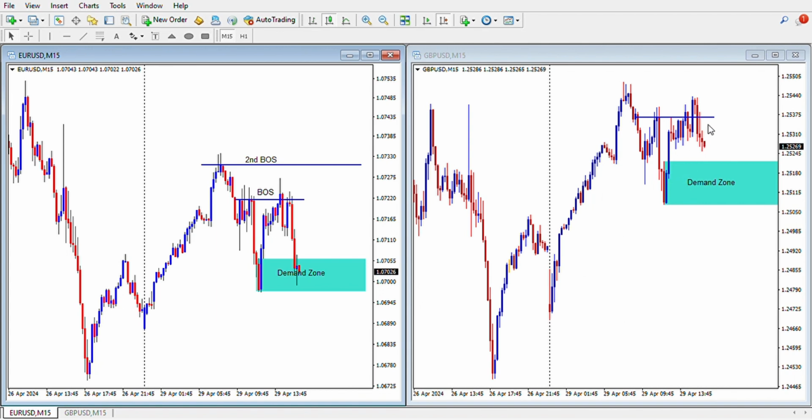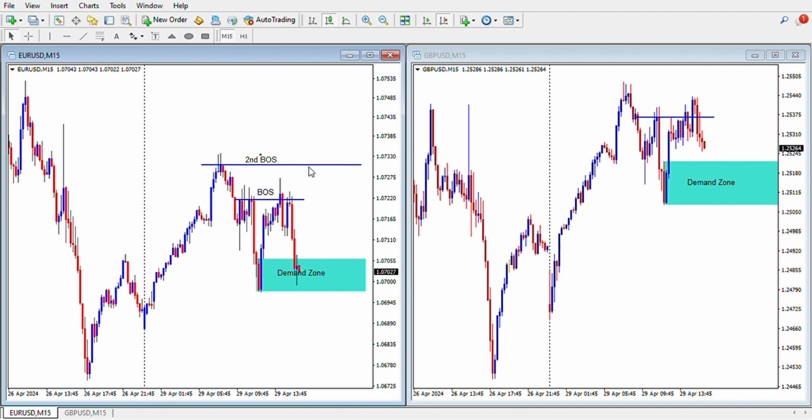So GU might just go down and then tap into this demand zone and then go up. EU can just take out liquidity right there and then shoot up again, but as soon as it passes this candlestick, I'm going in for my long. So this is my entry right there. This is my entry, and my target will be the second BOS, but let me type it as